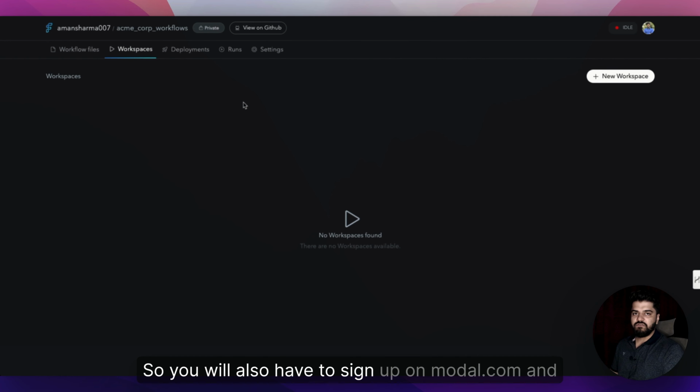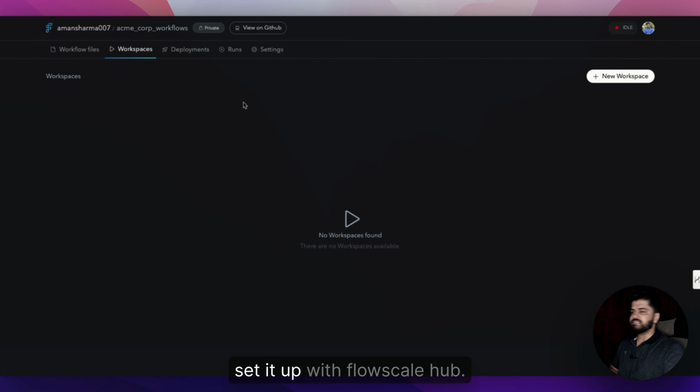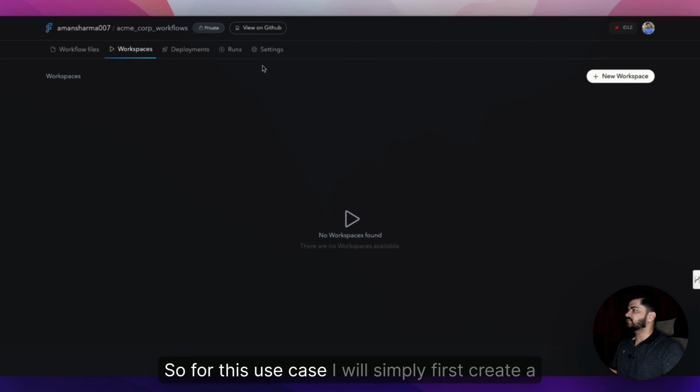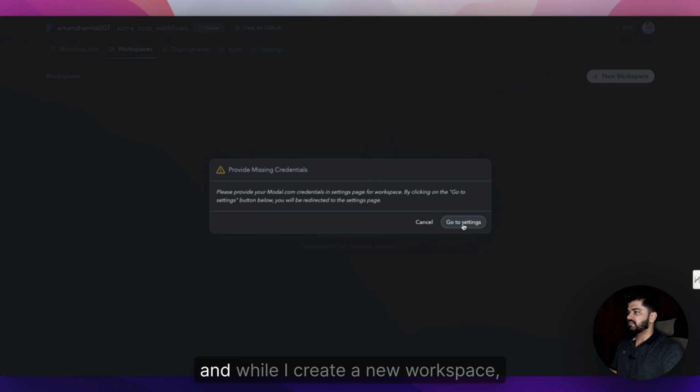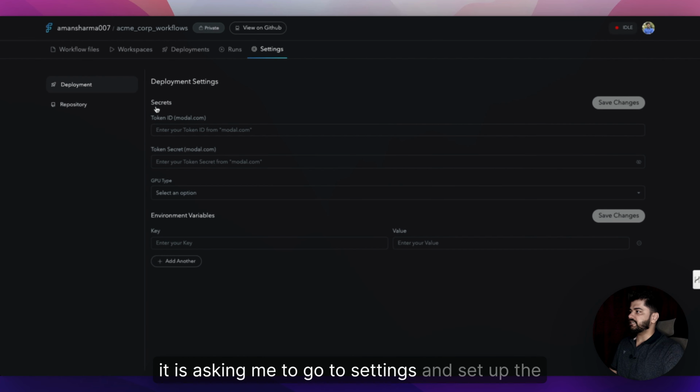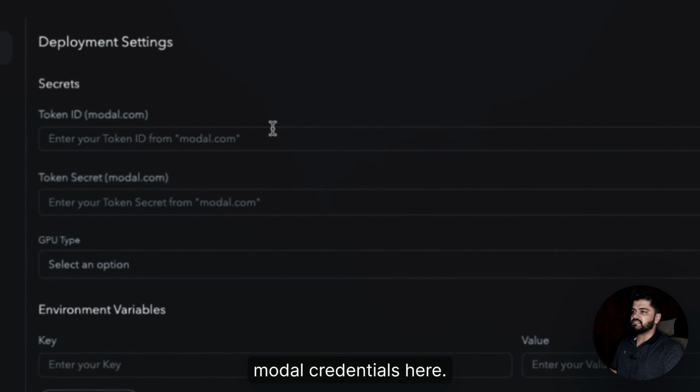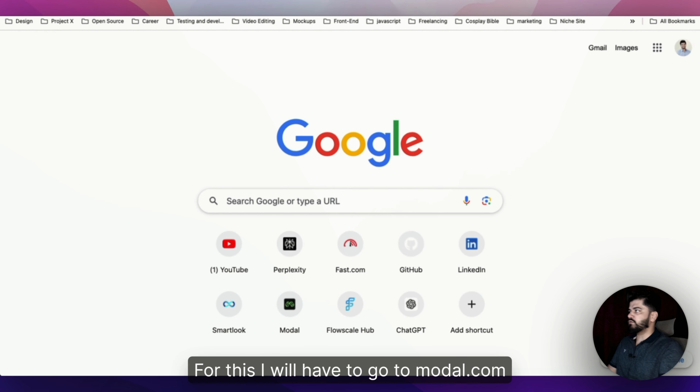So you will also have to sign up on modal.com and set it up with FlowScale Hub. I'll show you how to do that. For this use case, I will simply first create a new workspace. While I create a new workspace, it is asking me to go to settings and set up the Modal credentials here. For this, I will have to go to modal.com